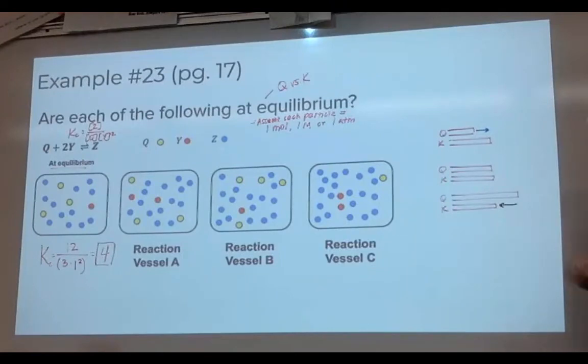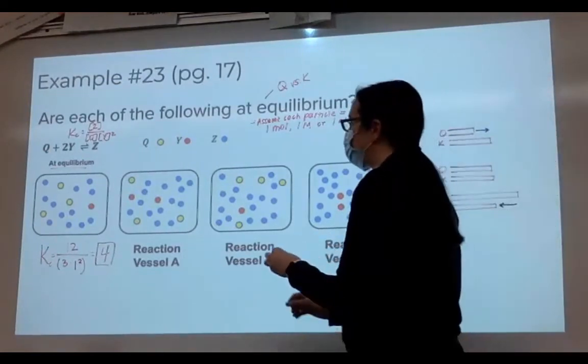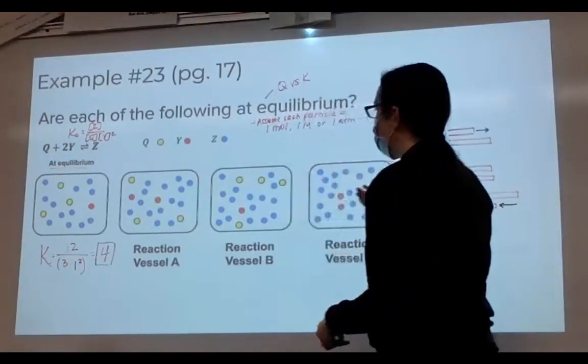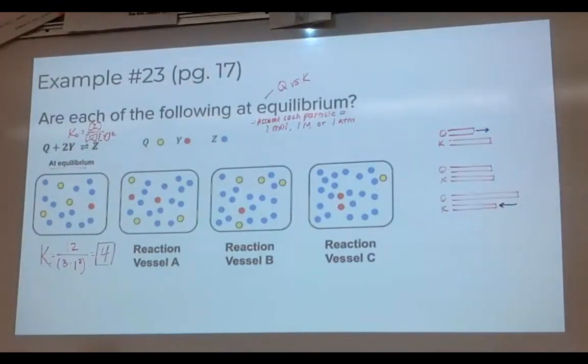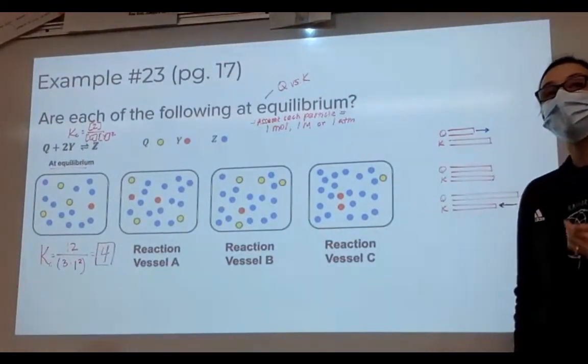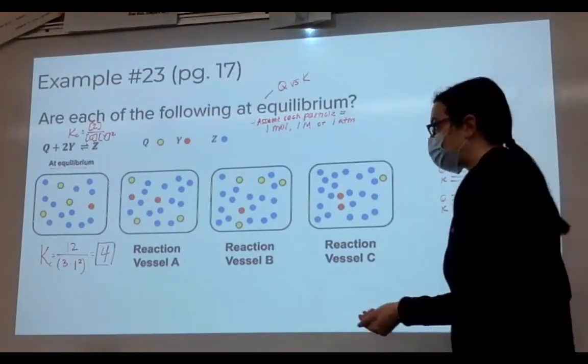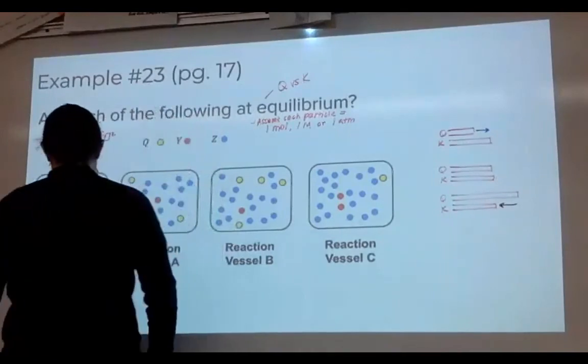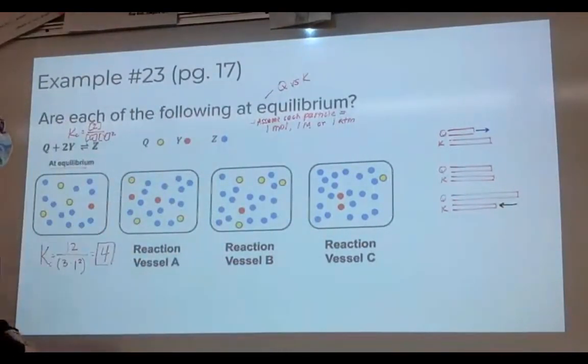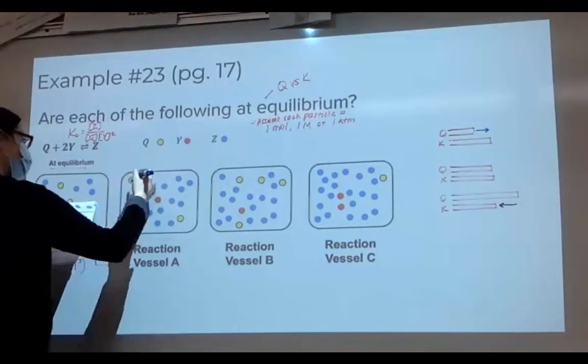The reason I needed to calculate K is because if I want to know if vessel A, B, and C are at equilibrium, I need to compare Q to K. Now we have our value of K. Now we can calculate Q. So for each of these, we'll calculate Q. Okay, so for vessel A,